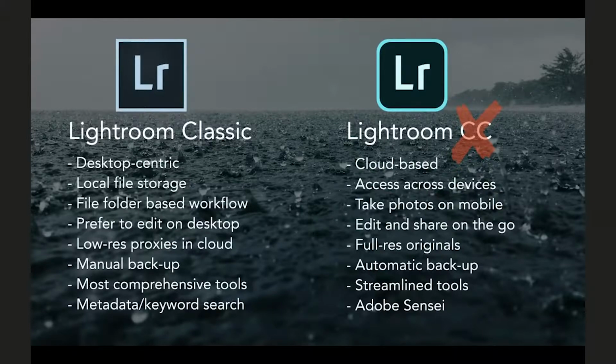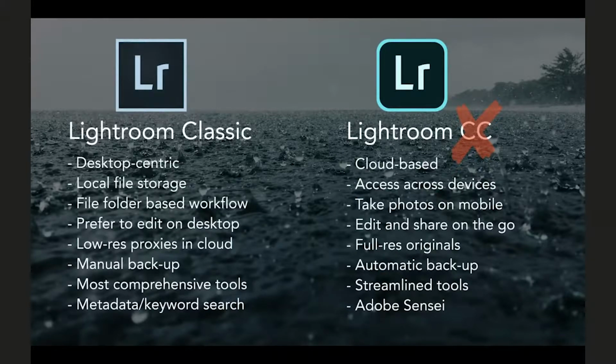anything that you've imported into Lightroom is synced across all devices. So it's available whether or not you have your phone with you. You can go to the public library, log into Lightroom on the web, and all of those photos that you've imported into Lightroom will be there, as well as any edits you've made. So the cool thing about it is that you can import your full res raw files, and then they are